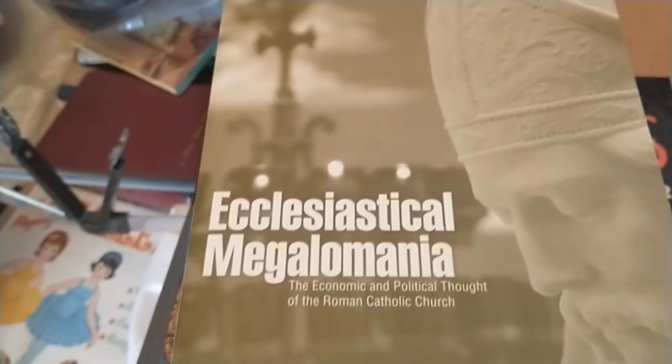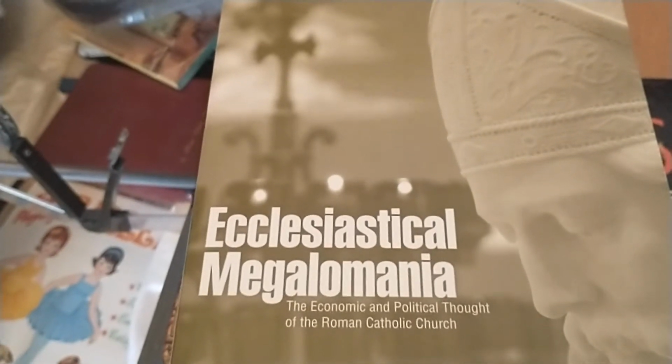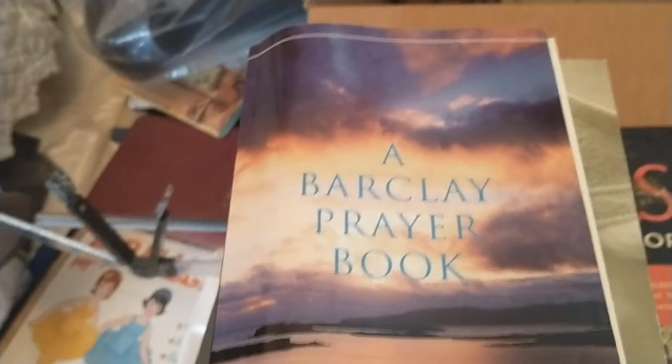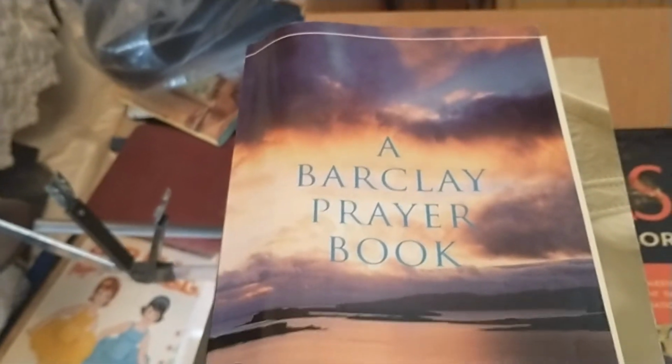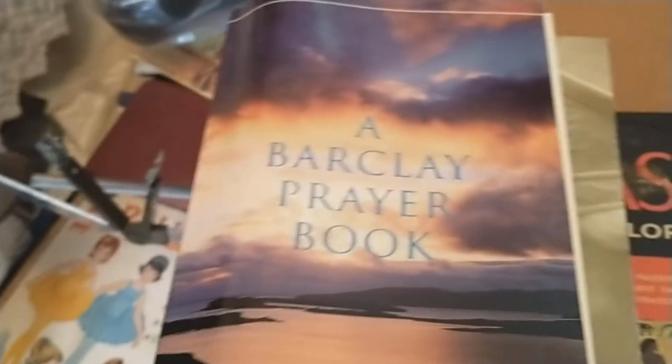Ecclesiastical Megalomania. This is also kind of an interesting book. It's hard to read. I don't think it's going to be something I'm going to read. I think I'm going to give this book to my sister. She really likes prayer. Somebody gave it to me, and I'm just not using it, but she's really into prayer. And prayer books. Not just prayer, but prayer books. I mean, I'm into prayer, but...